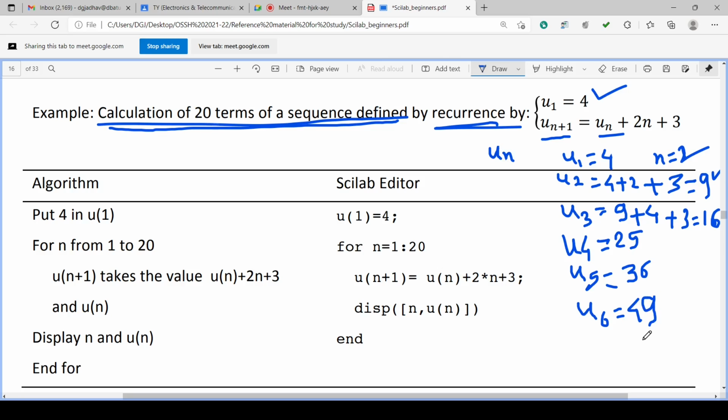Okay. You got it? u1 is 4, u2 is 9, u3 is 16, u4 is 25, u5 is 36, u6 is 49. Next should be 64. You check it.